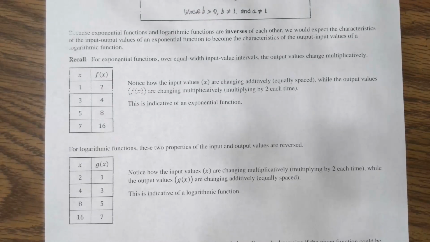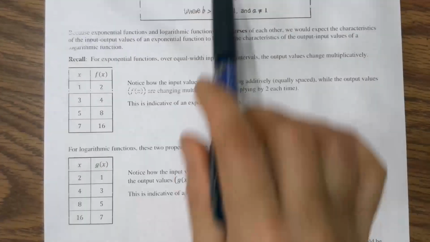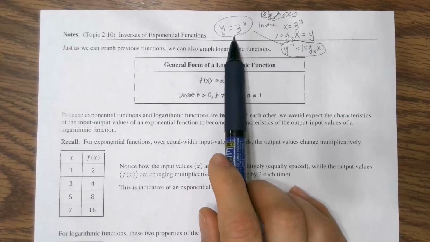Let's look at this table. Sorry, it keeps flicking. I don't know why. It's my old camera. Alright, so for exponential function, like this, y is equal to 3 to the x power,